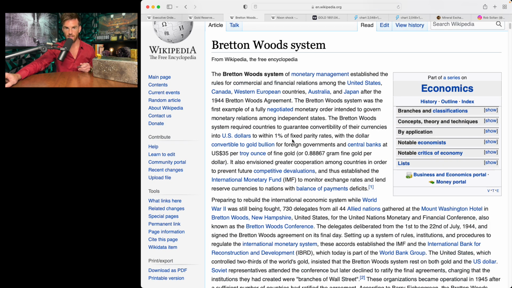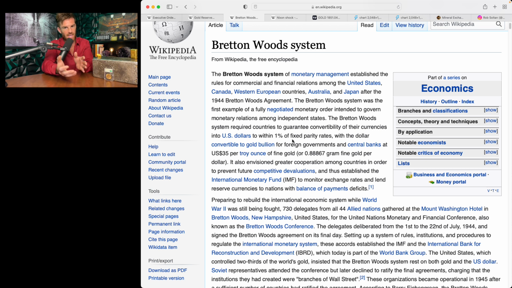This is the next key date, 1944. In Bretton Woods, they basically had all of the world governments come together, and they said, hey, we're going to basically hold all the world's gold. Everyone's going to use dollars. We'll hold it here because you can trust us, right? You can trust us. We're trustworthy. We'll hold your gold. That's what we did. This is why you don't trust custodians. So we basically negotiated that everyone would trust the dollar and that we would hold the world's gold and everything would be back to the dollar pegged at $35 an ounce.